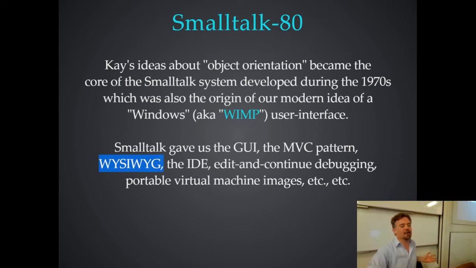In the early days of computers, you would have text editors where the thing you saw on the screen is not what you would get when you printed it, because it was full of control codes and formatting information. So you would have to type something out in your word processor and then print it to see what it looked like, and the printer added the formatting. But the idea was that it shouldn't be like that. What you see should be what you get. So if you want something to be bold or italic, it should look that way on the screen. And this is work that was done, and it was radical in its day. This was a new controversial idea.